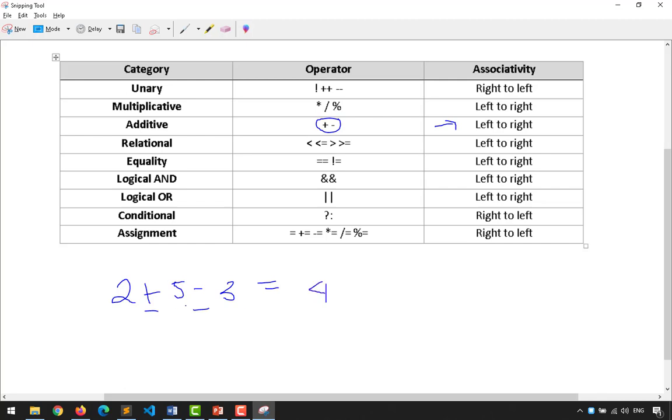Pwede naman mauna yung 5 minus 3. Kagaya nito, we have 2. 2 plus 2 is 4. Pwede yun. Okay, so ito yung tinatawag nating precedence and associativity. Pagka nasa iisang rank, titignan yung associativity. Okay? So, ngayon,